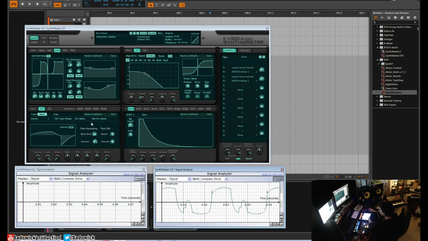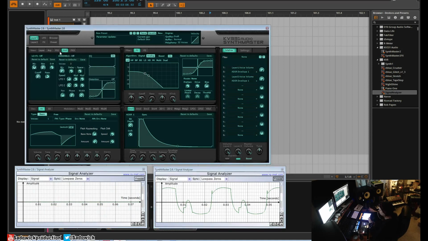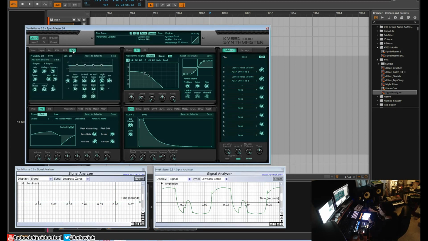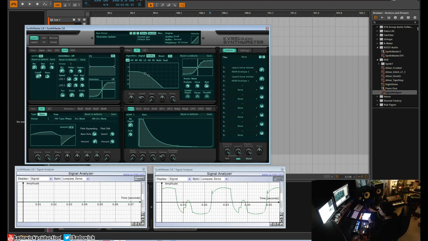We'll freeze that. So now what we can do is go to lo-fi. Lo-fi is a sample rate reduction. We have to go to our layer and turn it on. We can also turn it on up here. And it's a bit and sample rate reduction. What that means is the number of bits is the resolution of amplitude, and sample rate is the resolution of the amount of information you can store in an amount of time. So time by amplitude. So as we decrease the amplitude,